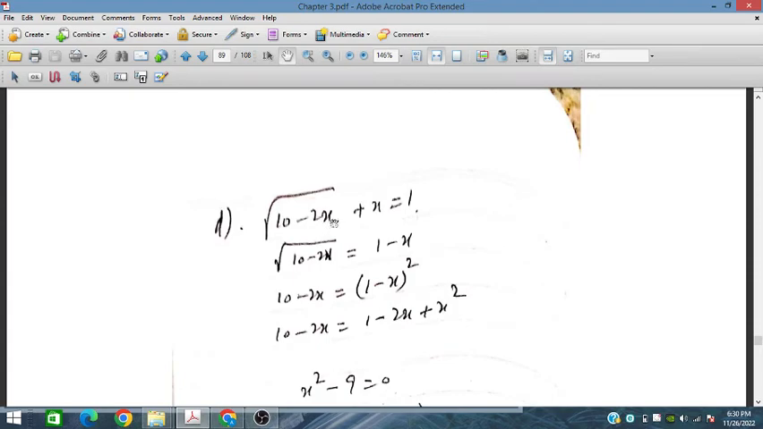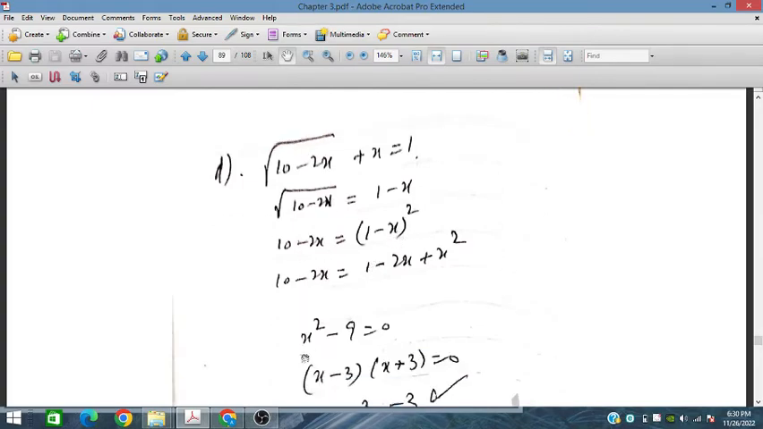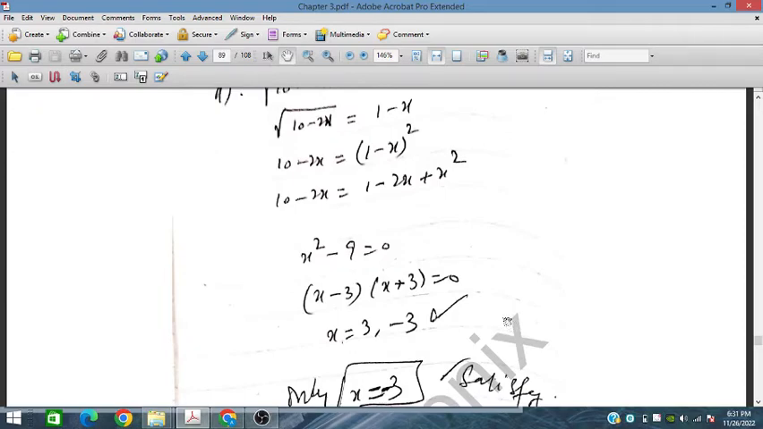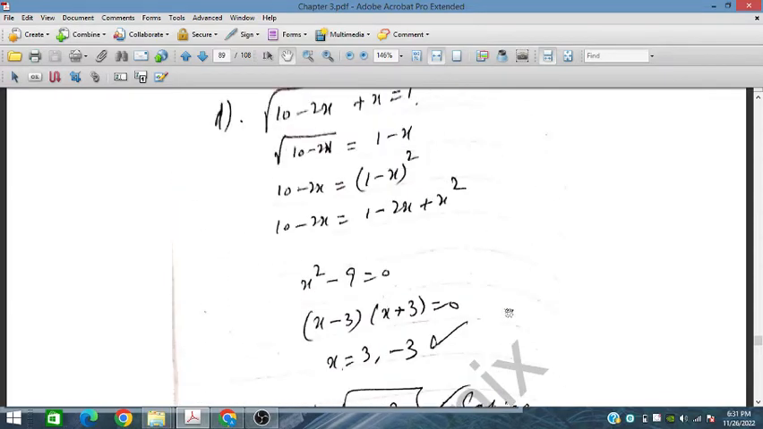So this is 10 minus 2x plus 1 is equal to 10, then shift this x to the right and take square on both sides. And x square, this is 10 minus 2x, this is 1 minus 2x plus x square, a plus b whole square, this is opened like this. And this x square and this shift, this may be cancelled out, and 10 minus 9, so x square minus 9 is equal to 0, x minus 3, x plus 3, so only x is 3 is satisfying,